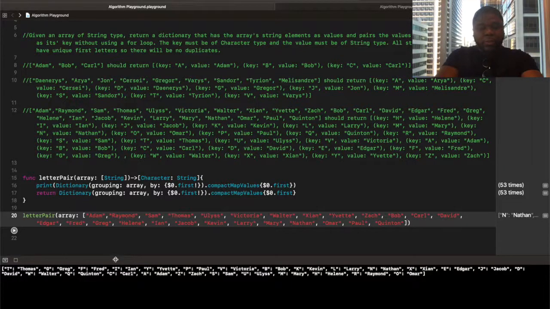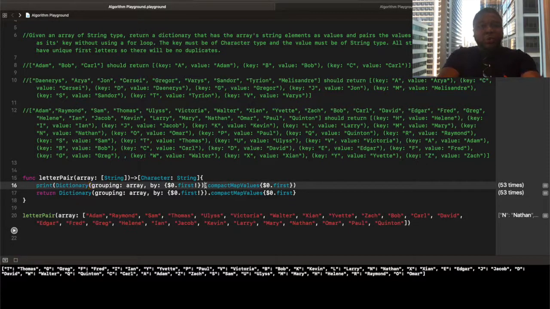Yep. Key value pairs. And the reason why I mentioned compact map, flat mapping, explicitly, is that flat mapping takes away the array hierarchy if an element is in an array and flattens it. That's why it's called flat map. Hence the name. So we have to flat map it in order to get the array, because what happens